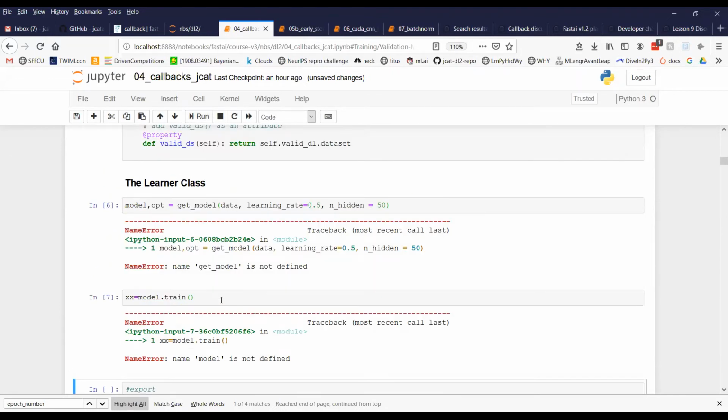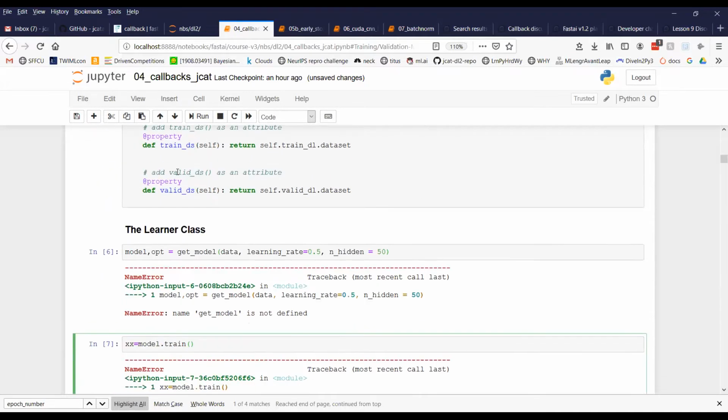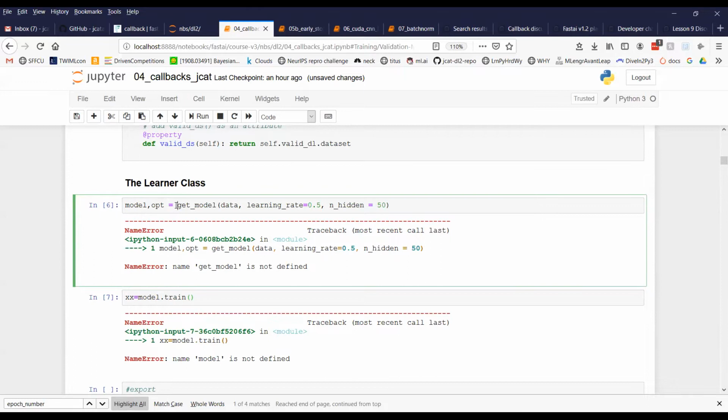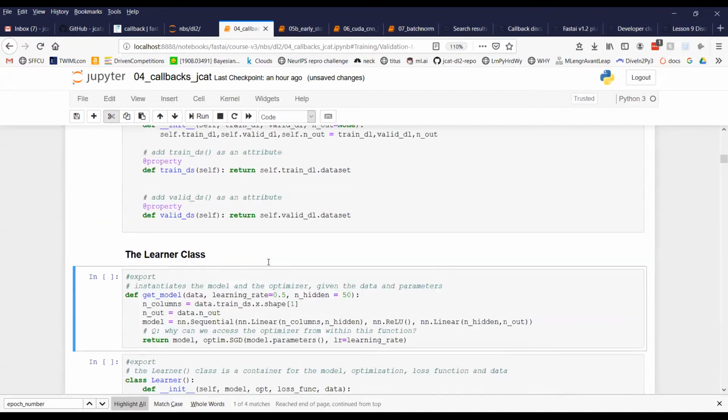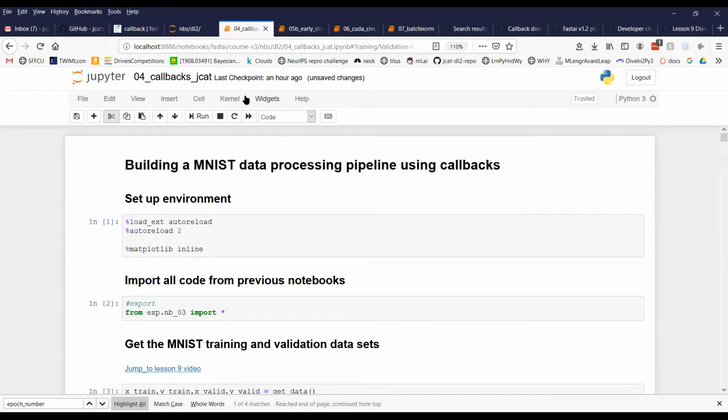Uh-oh, model. I think I skipped something. I don't need this. This is just something we were playing with, remember? So I'm going to erase this. And that's the way the notebook was when we started. So again, restart, output,